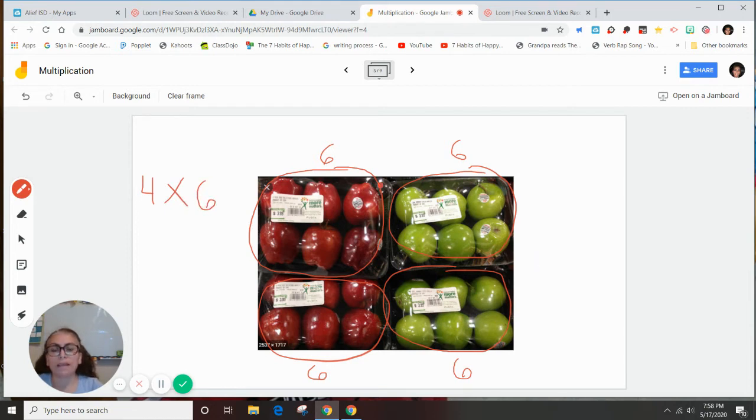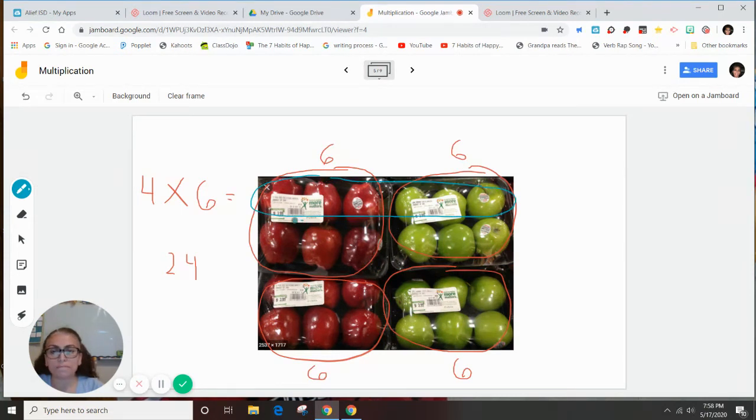groups of 6. Okay. And I can count 6 plus 6 plus 6 plus 6. Okay. That's going to be 24. Equals 24. I'm just going to put it right there. Okay. But there's also the way they're organized. I was telling you, and I'm going to choose a different color, maybe blue, so we can see it. And if it was an array, I can still do that. See, this is